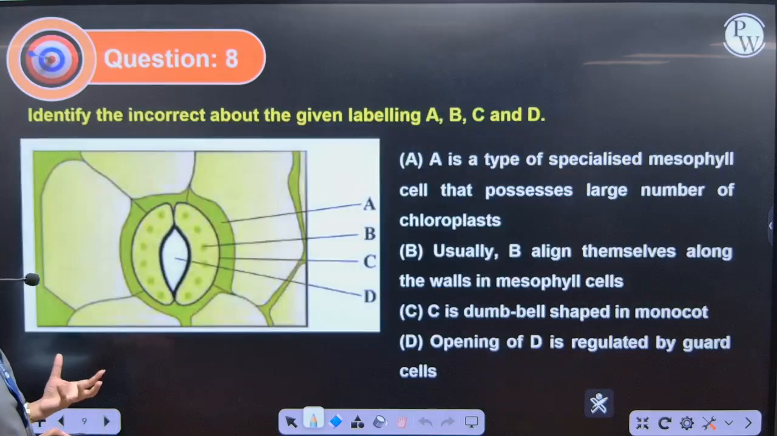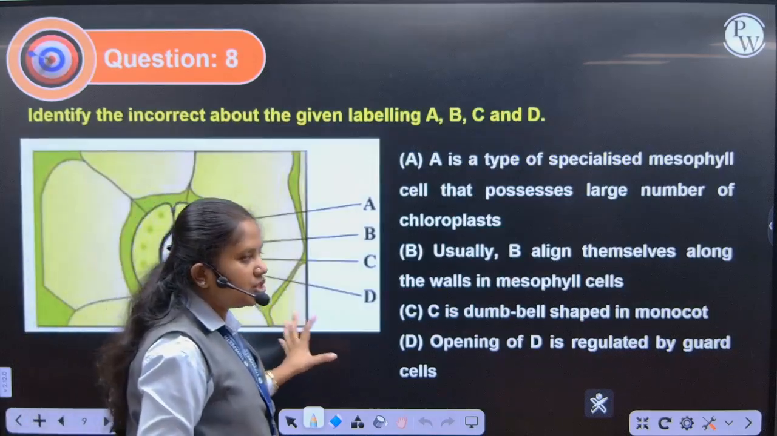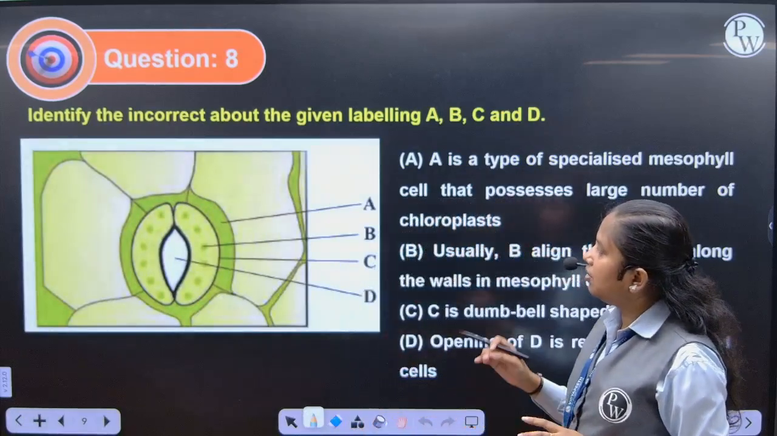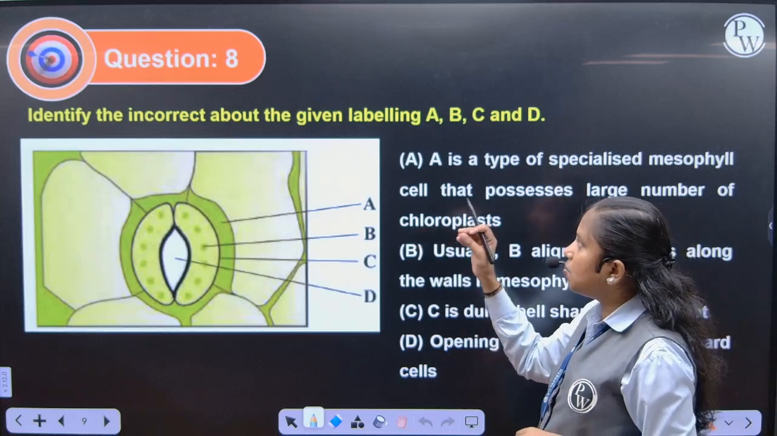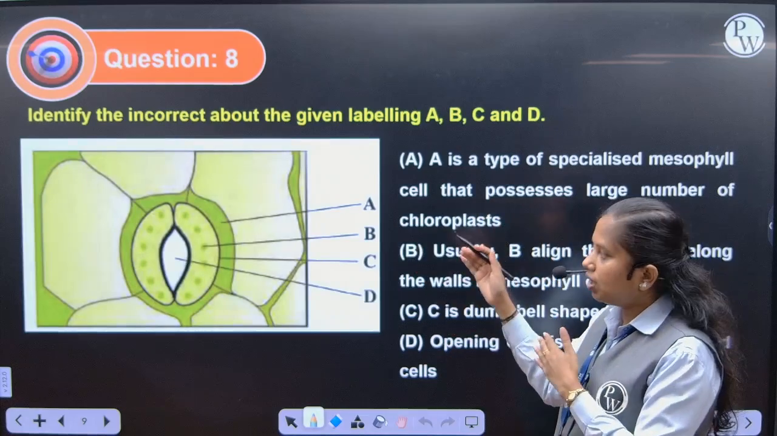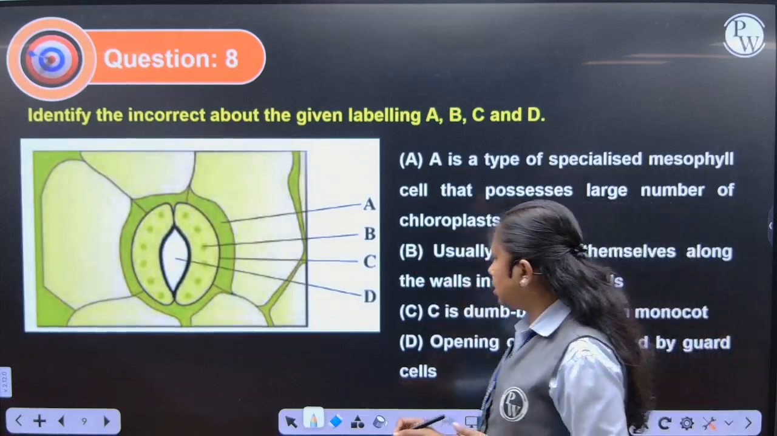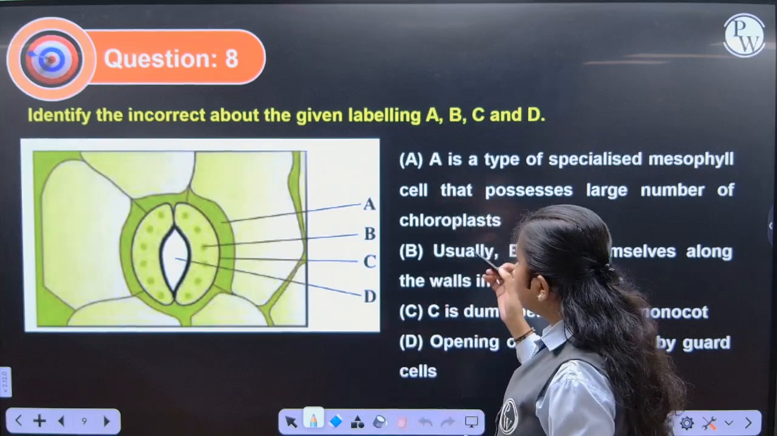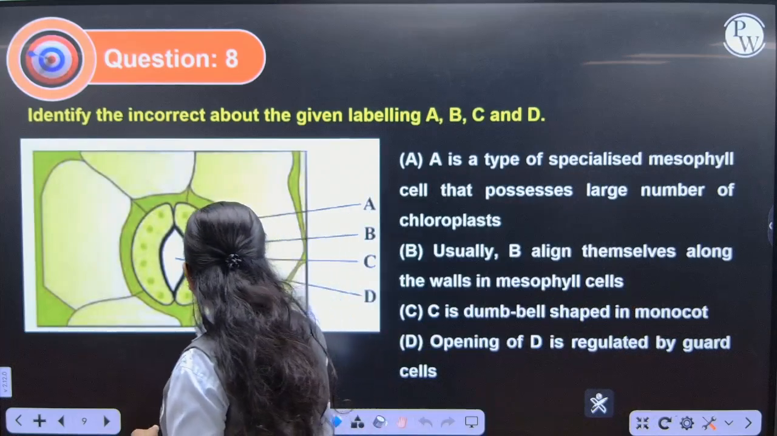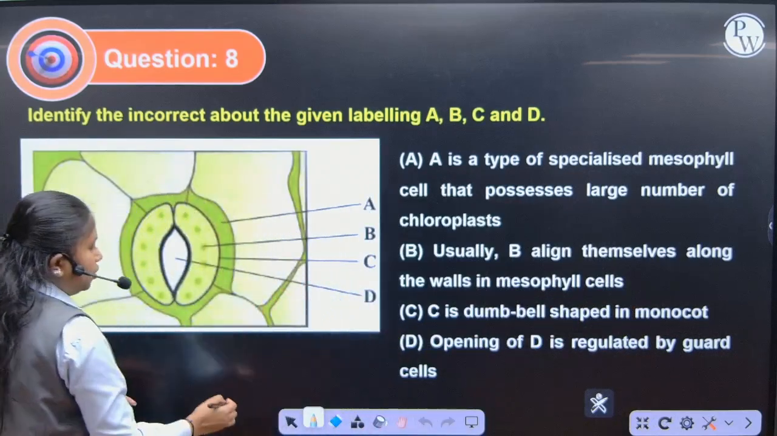Question number 8 says you have been given a picture depicting a stomatal apparatus. They've asked to identify the incorrect statement about the given labeling A, B, C and D. So first of all, we'll see what A, B, C and D are basically. We have A denoting your subsidiary cell, B denoting your guard chloroplast, C denoting your guard cells, and D